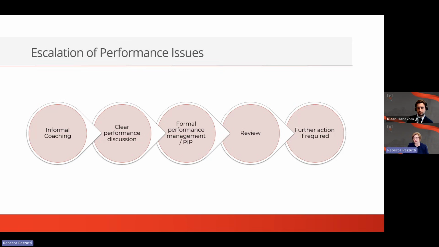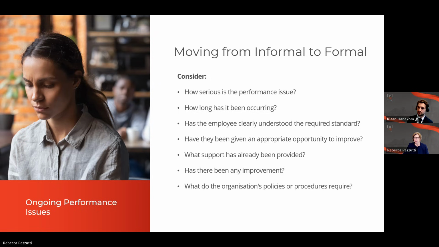Moving through informal coaching where we make things clear, having clear performance discussions, and then moving, if we need to, through a formal performance improvement plan. So the important thing is we don't start at the end, we start at the beginning. There is not necessarily a magic number of conversations that you have to have before something becomes formal, and no magic formula around the type of underperformance. This is always going to be dependent on fact and circumstance.